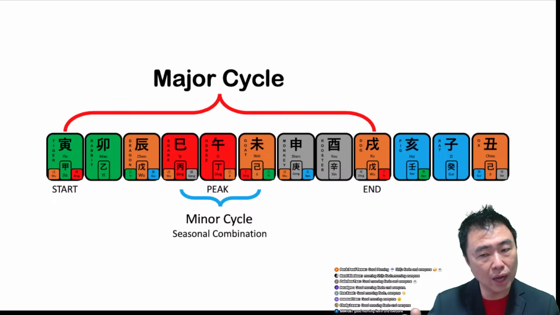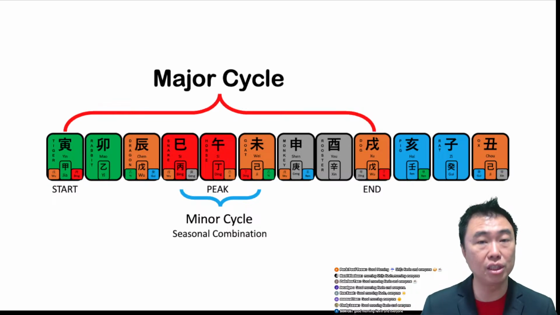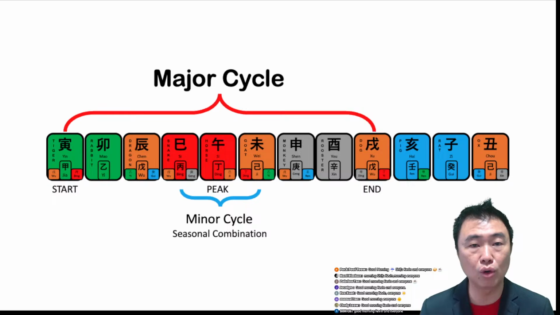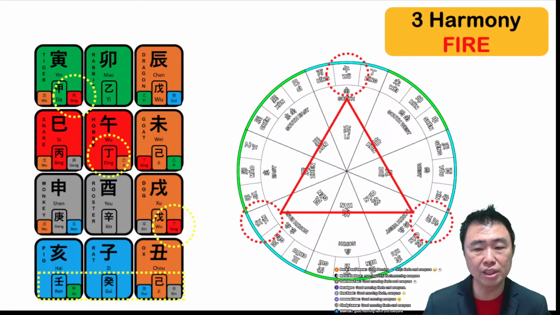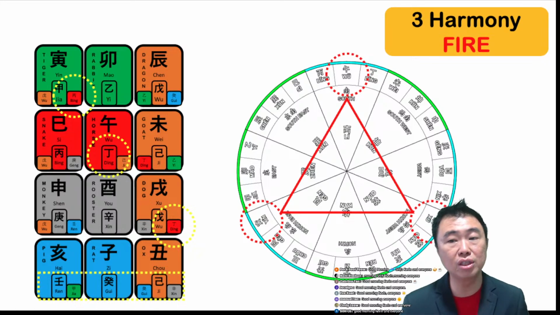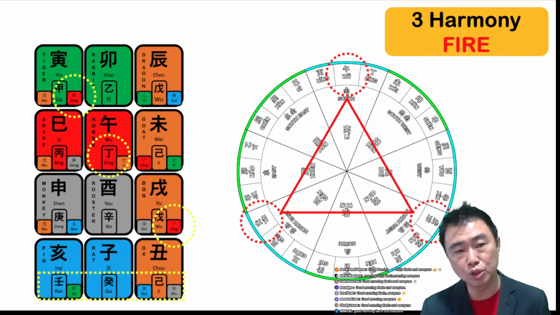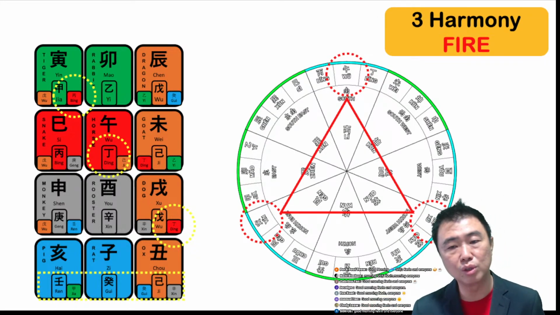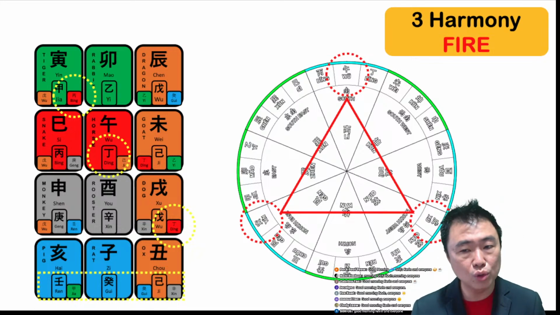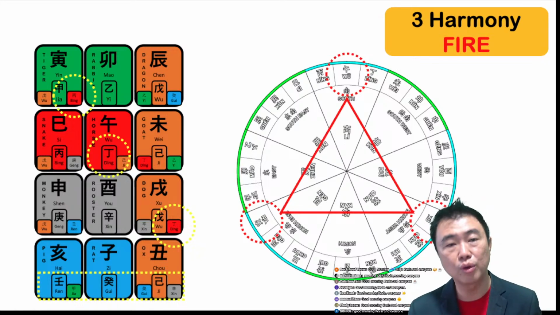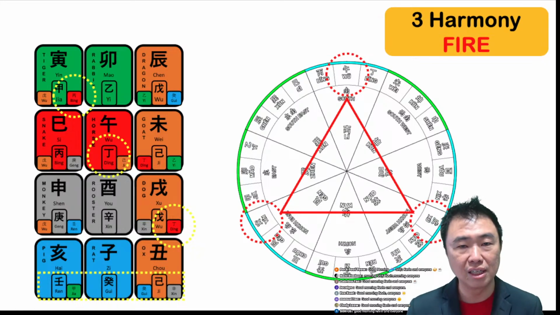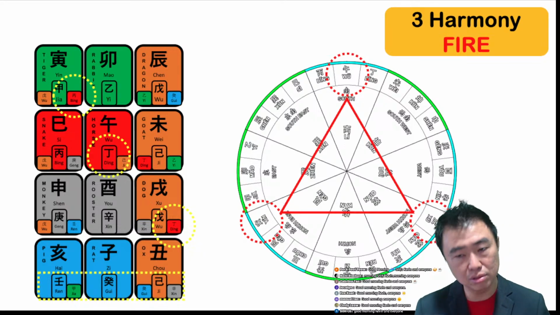Right, so now you roughly understand the theory. Let's take a look at it in a deeper manner. Now I have just arranged this in a way that is easier for you to see. I just put it in the spring season. Spring season is your tiger, your rabbit, your dragon. For those of you who don't know, again, go back to the first video where I introduced all the 12 animals to you, or the 12 branches exactly. Then you know that they are together.